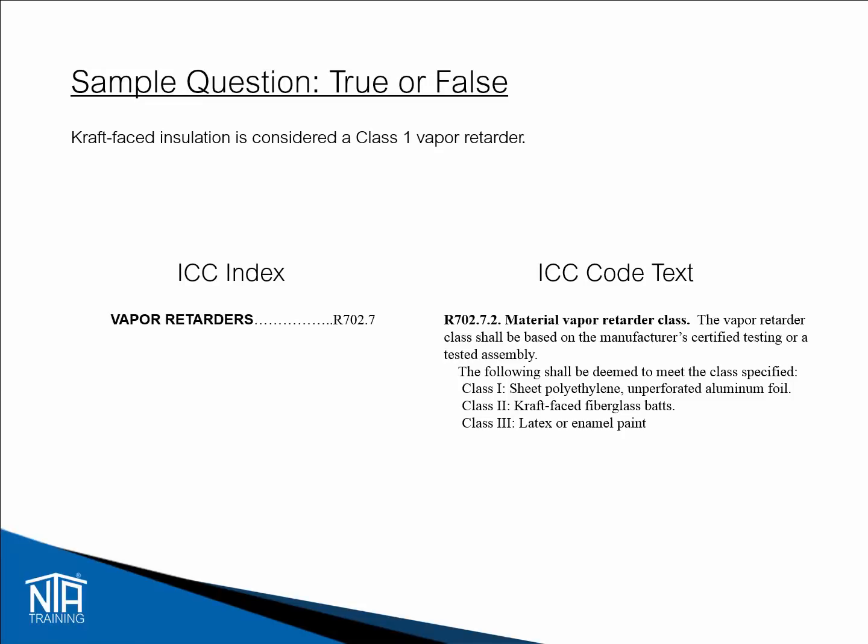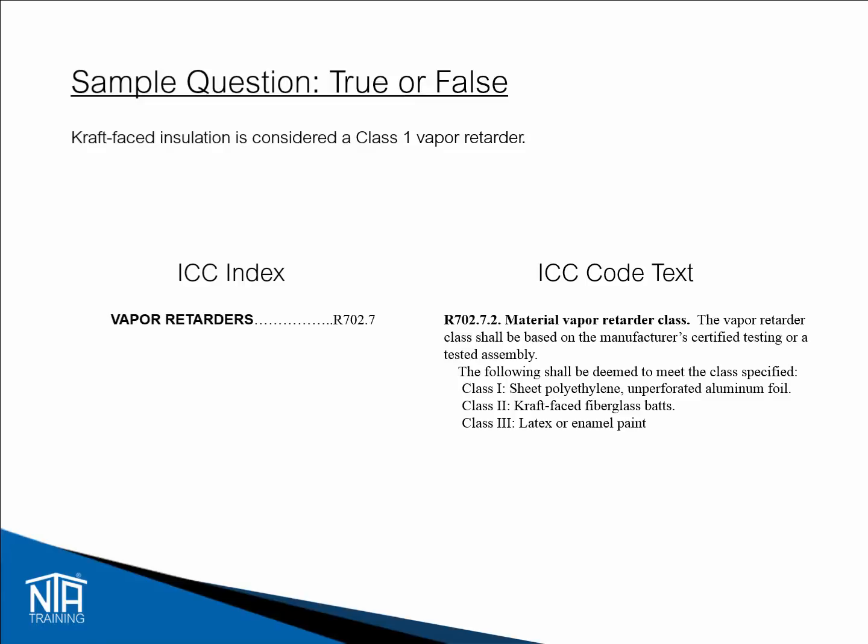This true or false question deals with what class of vapor retarder craft-faced insulation falls under. Using the keyword vapor retarder, search the index for the correct code section. The index will lead you to Section R702.7. Locate Section R702.7 and use additional words from the question to narrow it down to the exact code section, such as vapor retarder class, which is Section